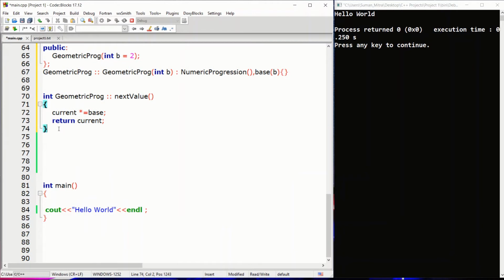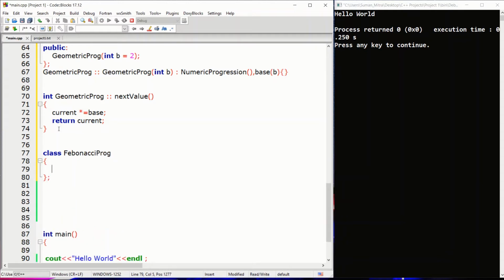Now the last one left is the Fibonacci progression. We'll create one more class, Fibonacci prog. Okay, and create the class. Here also we'll create some protected members. So, protected, sorry for that.